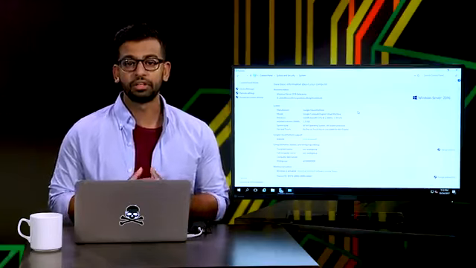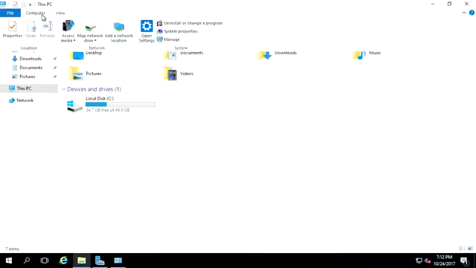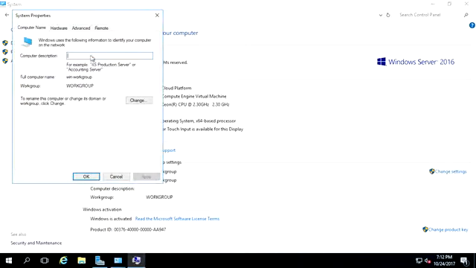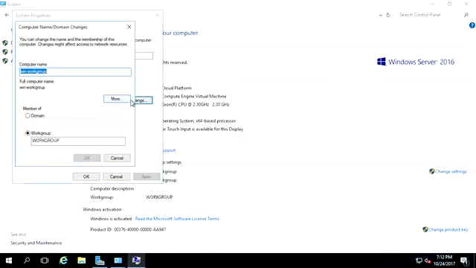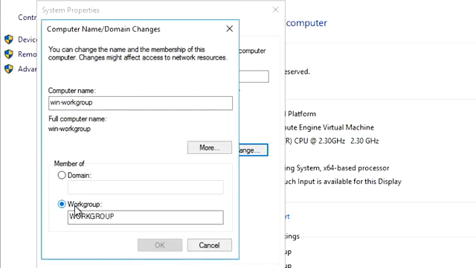Let's look at the GUI for this first, then PowerShell. So I'm going to go ahead and click Computer, then System Properties. As you can see, this computer is under a workgroup. So what we need to do is join this machine to the domain. To do that, I'm going to click Change Settings. Click on Change. In the Computer Name and Domain Changes window, you can see the computer can either be a